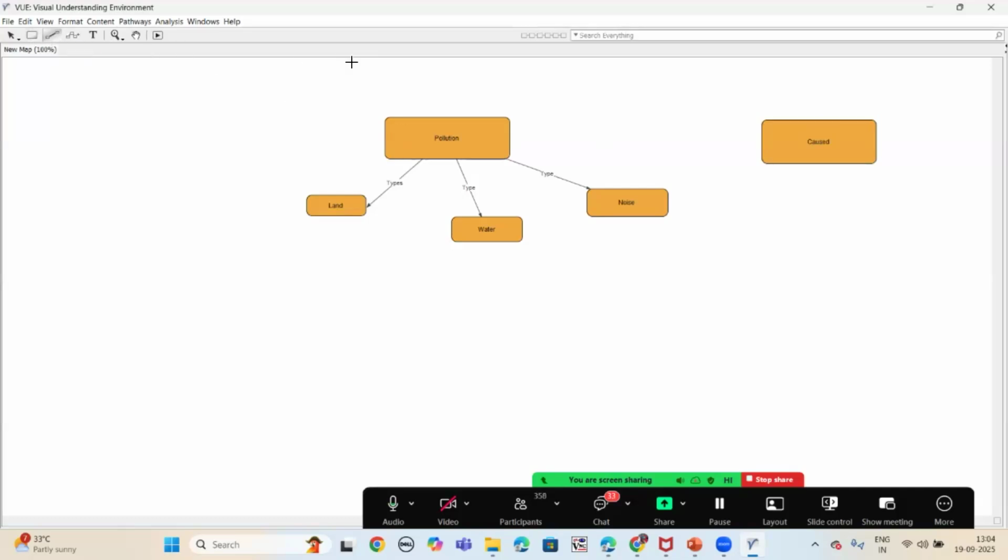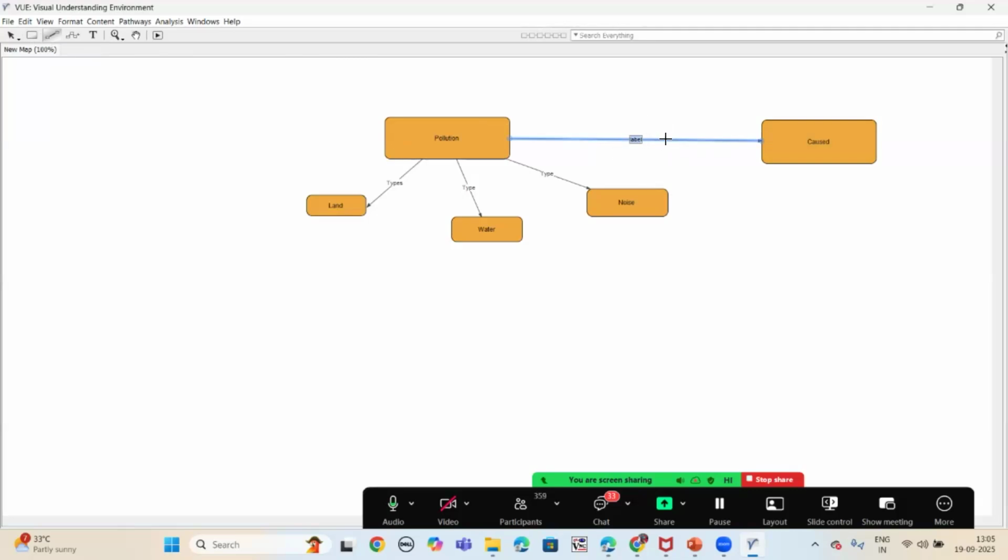Just choose the linking tool, bring it to the main node, and drag it to another subconcept, which is causes of pollution. So again, you can see the space for the connecting word appears.